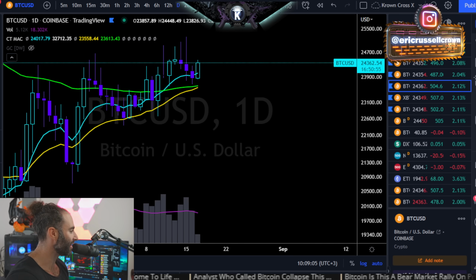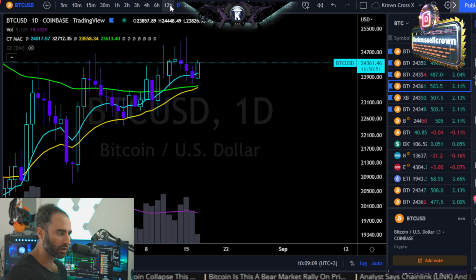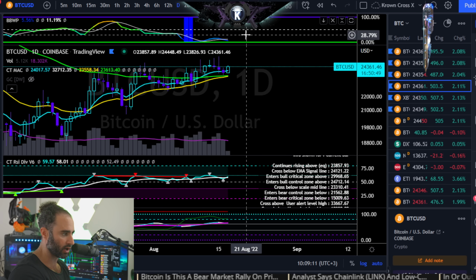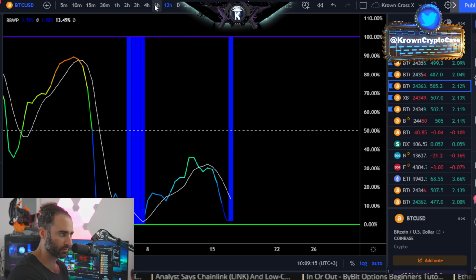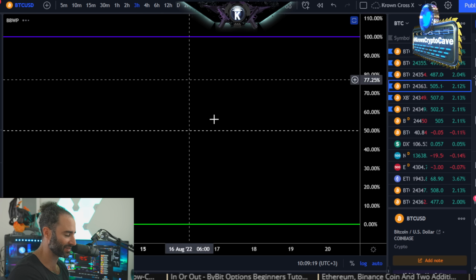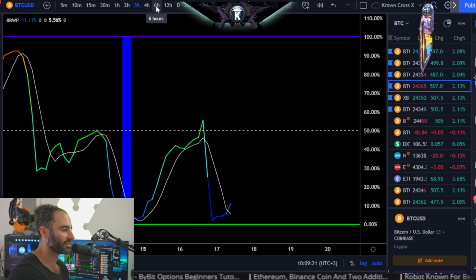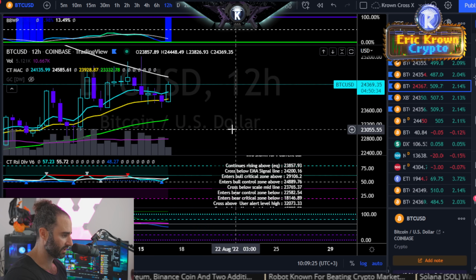Anyways, going through my notes over here, what else do we have to be aware of? Well, all lower timeframes underneath a daily are operating on extremely low BBWP. So this is the daily, obviously, right here. Here's your 12-hour all the way on the bottom, 6-hour, 4-hour, 3-hour is also going to be low as well if we can actually load it, and so on and so forth. You get the idea.